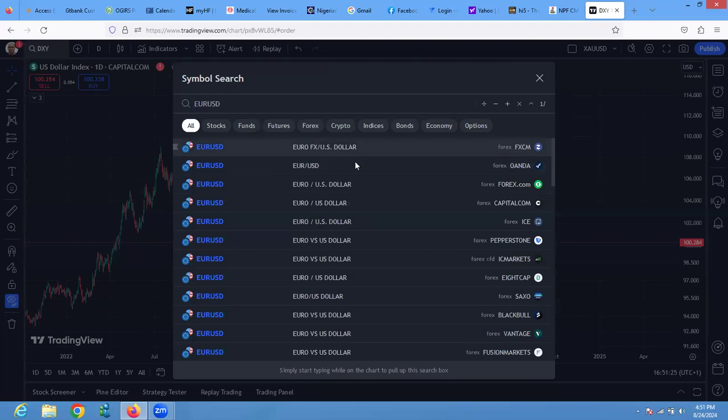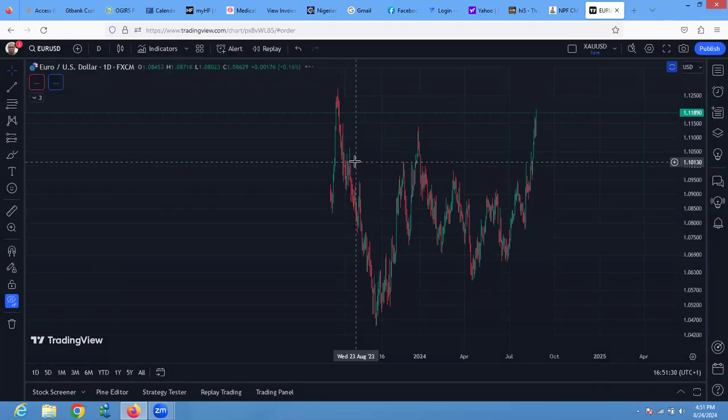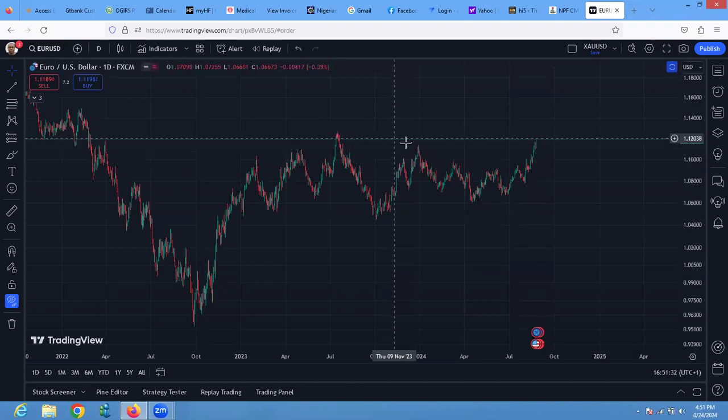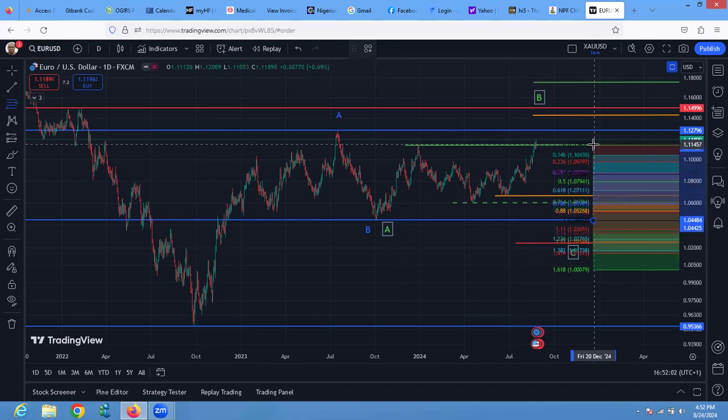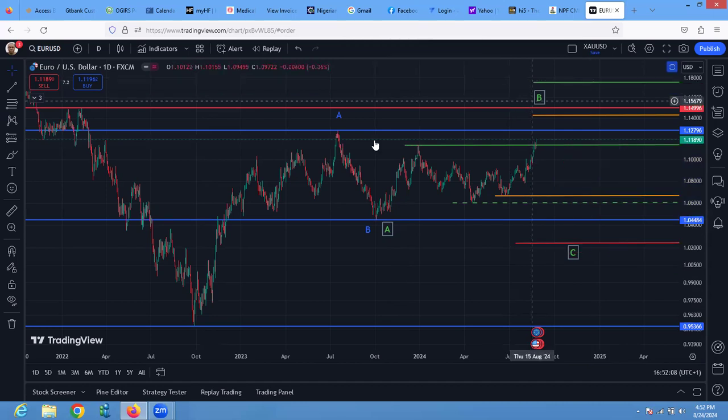On euro dollar, we see these as A of B, a B of B, and a C. If it's going to play like that, the correction here, from here down here, is also a zigzag move, I think 76. It's a zigzag move. 76, yes. So to the upside, because we want to finish a C of B, if you're going to get that,